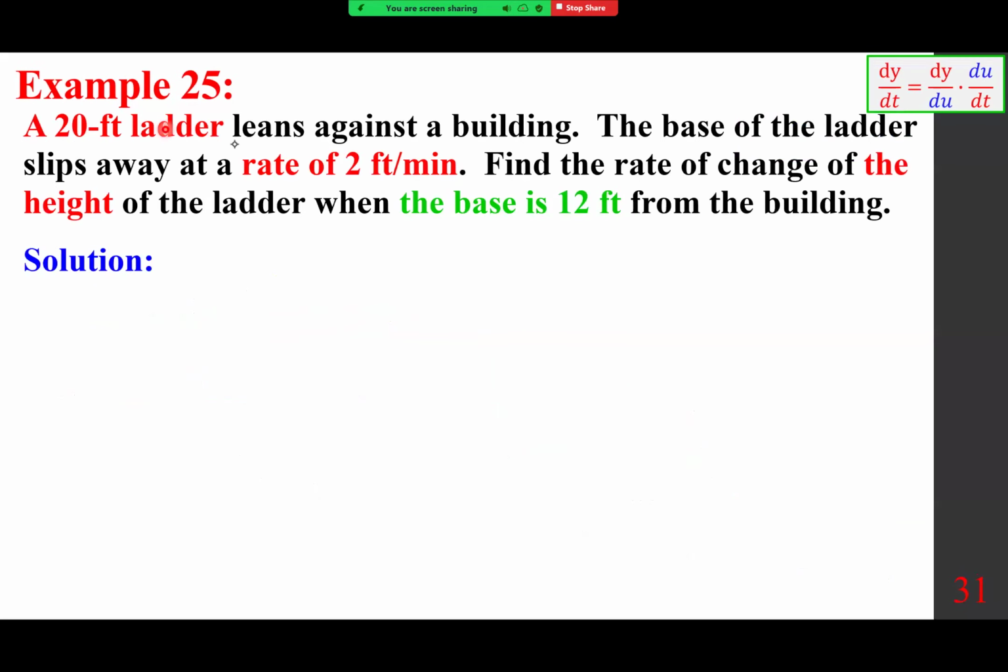A 20-foot ladder leans against a building. The base of the ladder slips away at a rate of 2 feet per minute. Find the rate of change of the height of the ladder when the base is 12 feet from the building. So